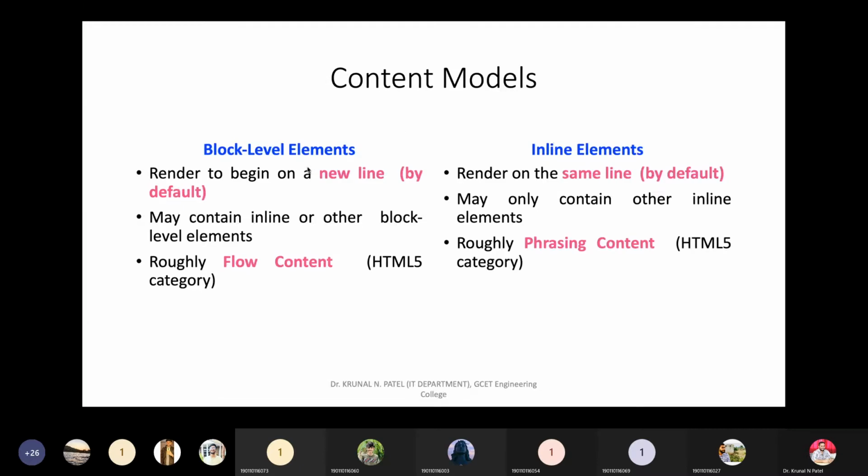So after discussing the particular HTML file structure, we have two kinds of elements, right? Now, if I speak of elements or if I speak of a tag, you can understand, right? So here you can see that one is a block level element, another one is the inline element. Okay. So what is the difference between these two? Block level elements render to begin on a new line, and that is by default, right? So whatever elements come under the block level category, those elements always begin with a new line,